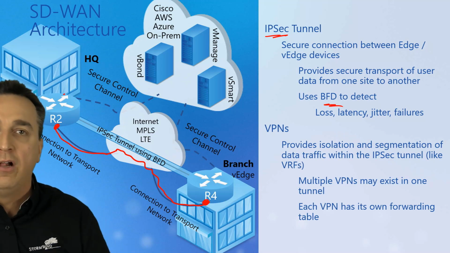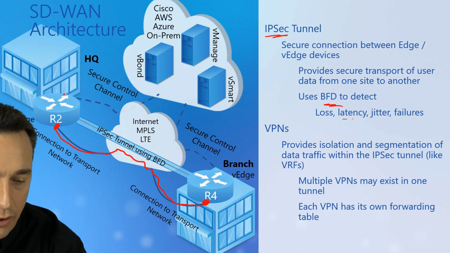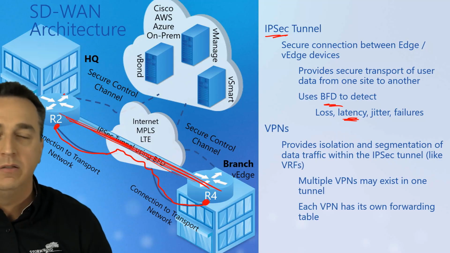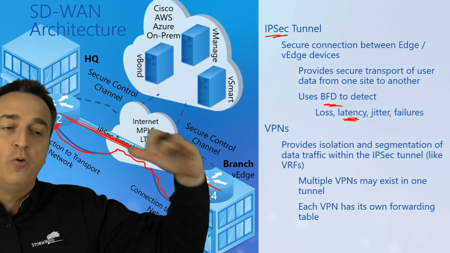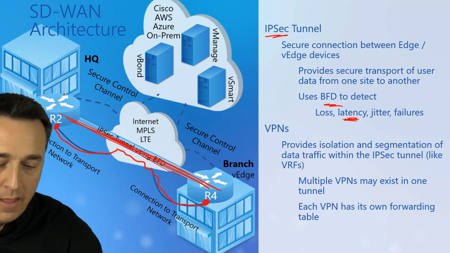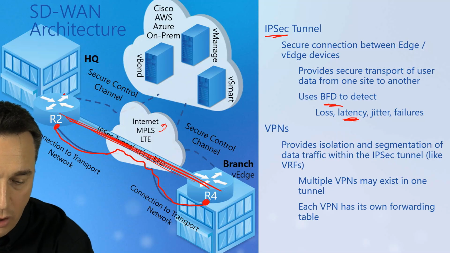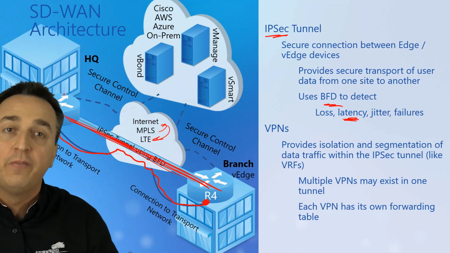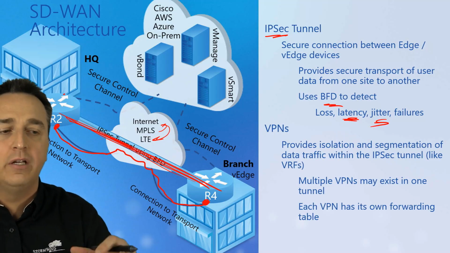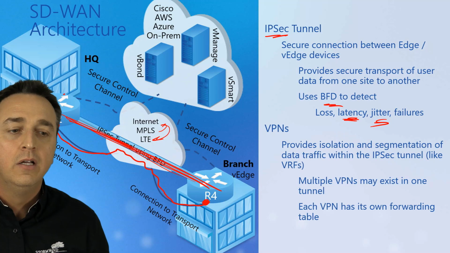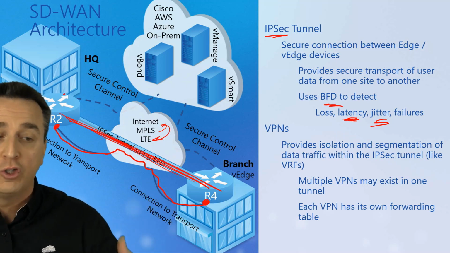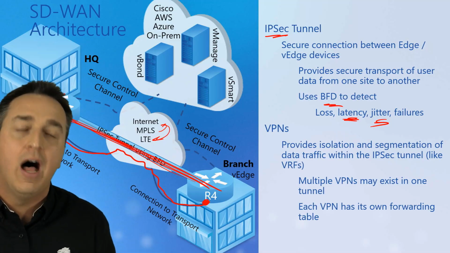So if there's a loss, we can fail over, right? We can also, though, measure latency here. So what if all of a sudden this is becoming very saturated and we're not getting the performance requirements we need? Well, then if the latency level gets too high, we have the ability maybe to switch over to one of these other options on the fly. Same thing with jitter. If jitter gets too high, the jitter is the variation in delay, variation in latency. Well, if that's what is detected, then we can go ahead and maybe fail over or switch over to another one of our connections on the fly.